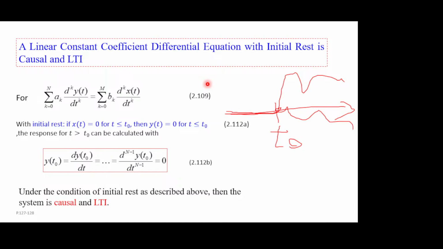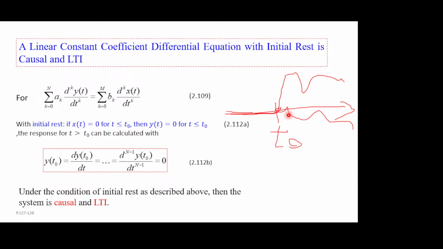Actually, we have our differential equation here, summation a_k d^k y/dt^k equal to summation b_k d^k x/dt^k, and we have our initial rest condition: y of t equals 0 until x of t is non-zero. So we have this picture here. Think of t like this. Your input may be like the upper line here. Your input stays 0 until some t0, then your output will also stay 0 until t0. That's a condition, but actually the way we use it is from this we can derive